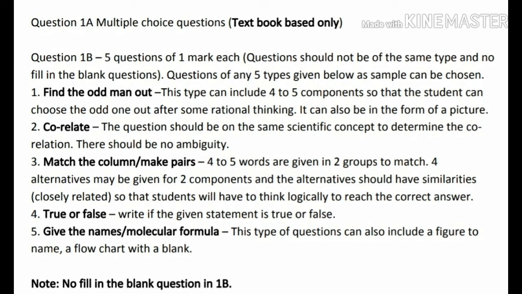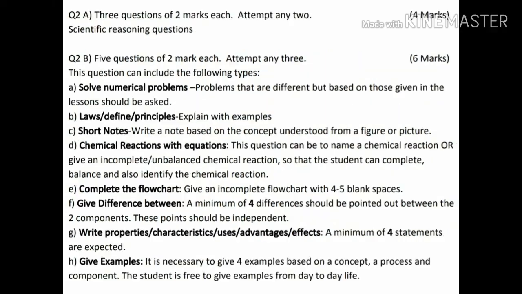Then they have given here in question number 1A which types of questions will come: multiple choice questions. In question number 1B, they have given find the odd man out, correlated questions, match the column, true or false, give names, molecular formula, and all these different sets of questions. Then 2A is the give reason type of question. But if you see 2B, they have given a long list here: laws, definition, principle, short notes, chemical reaction. You can note it down, you can pause the video,